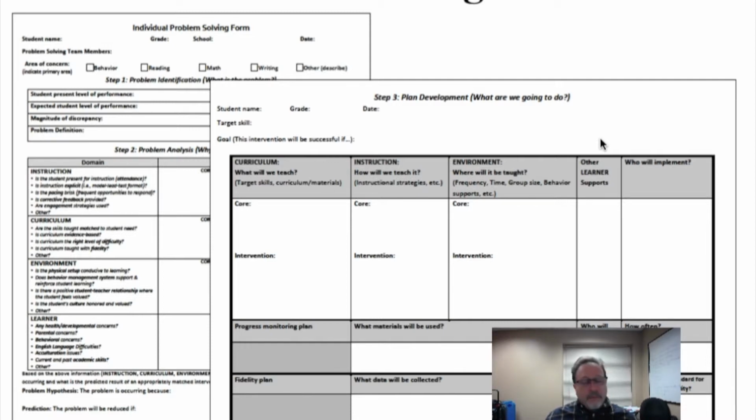And then problem analysis is really where this gets interesting, complex, and fun if you're so inclined. So again, you're looking at instruction, curriculum, environment, and learner variables, both in core curriculum and in interventions that have been delivered before. When you're looking at learner characteristics, obviously you're going beyond core and intervention and really looking at that individual.